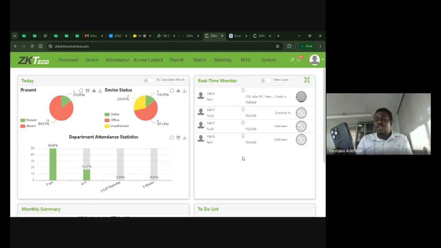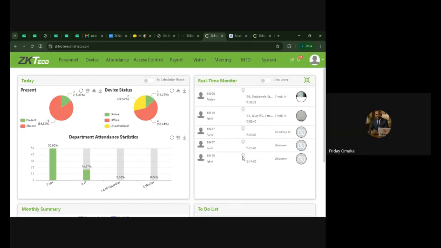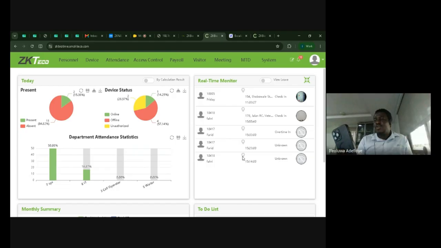And function key is if you are checking in or checking out. So I want you to do that now. Both Ajala and Friday should do that now. Yes, Friday was able to clock. I could see that Friday was able to clock. And Ajala